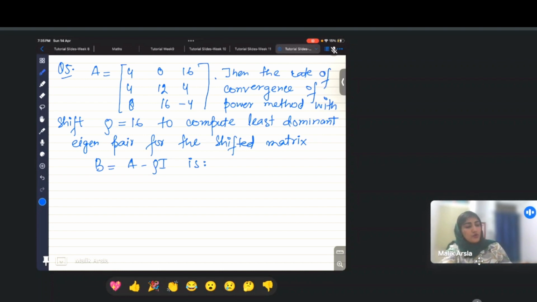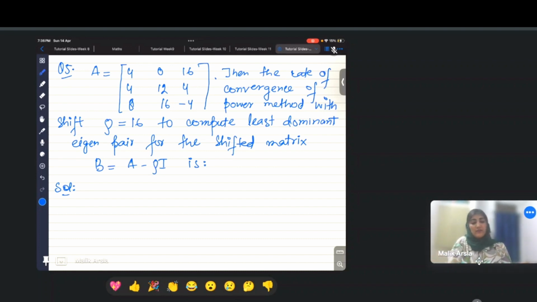So how would you do that? Actually, we will get B is equal to A minus rho I, and we find the eigenvalues of that. The eigenvalues are 6, 4, and 2. No, I think eigenvalues you have calculated incorrectly. Eigenvalues are 4, minus 12, and minus 28. Your answers are matching, no? So maybe you have made some mistake, but calculate the eigenvalues.